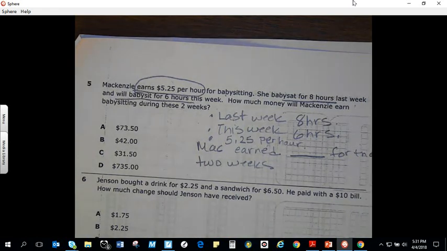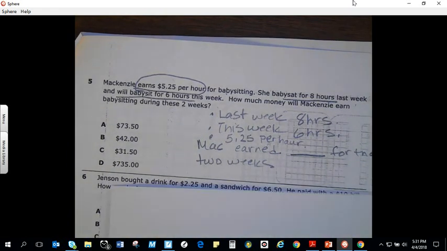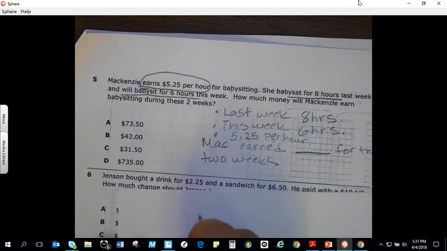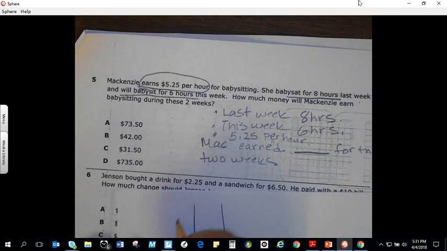So I know that, first things first, I need to add up, because if it's per hour, if I wasn't sure, I can immediately put this into a T-chart, or input-output. And for every 1 hour, this is hour and this is dollar. So for every 1 hour, and the rule is to multiply it by $5.25, she earns $5.25. For 2 hours at $5.25, she'll earn $10.50. So if I'm multiplying by $5.25,